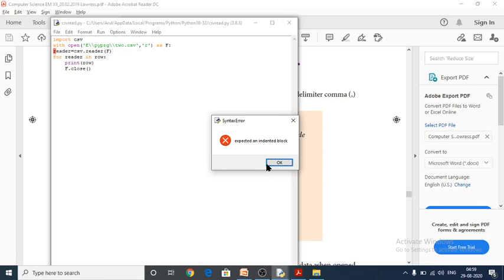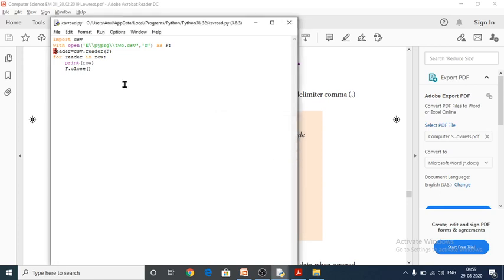Expected an indented block, so here we have to give a block. Again save.